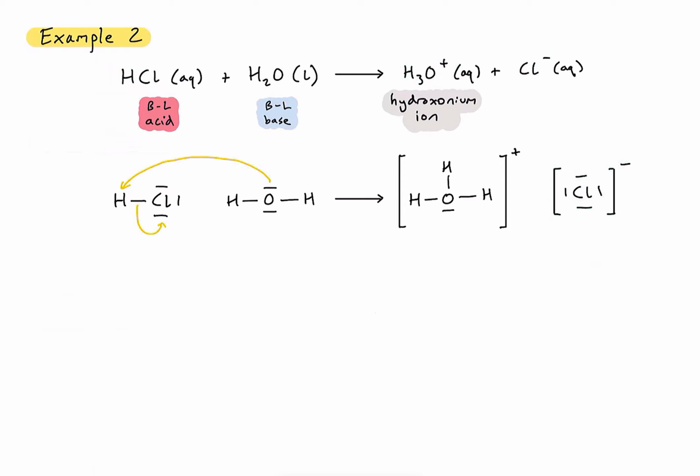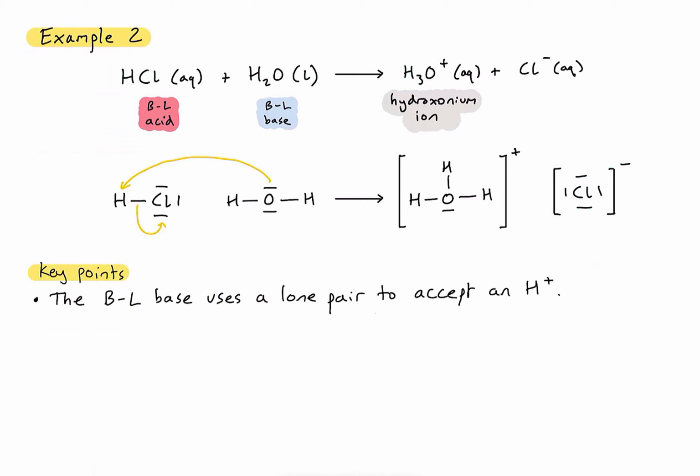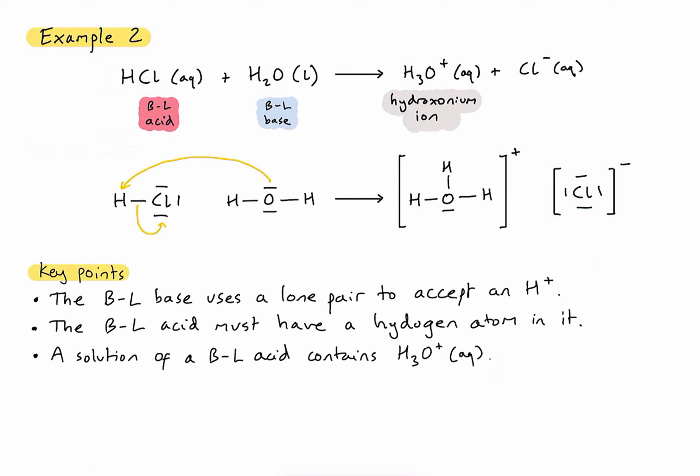So what are the key points here? Well, a bit of repetition for us. First of all, my Brønsted-Lowry base, again, has used a lone pair of electrons to accept an H+. And again, my Brønsted-Lowry acid, we know must have a hydrogen atom, otherwise it couldn't act as a Brønsted-Lowry acid. Now there's a third point here, which is going to be useful as you continue through this topic. Note that always, when I dissolve a Brønsted-Lowry acid in water, we always form that slightly strange thing, H3O plus,